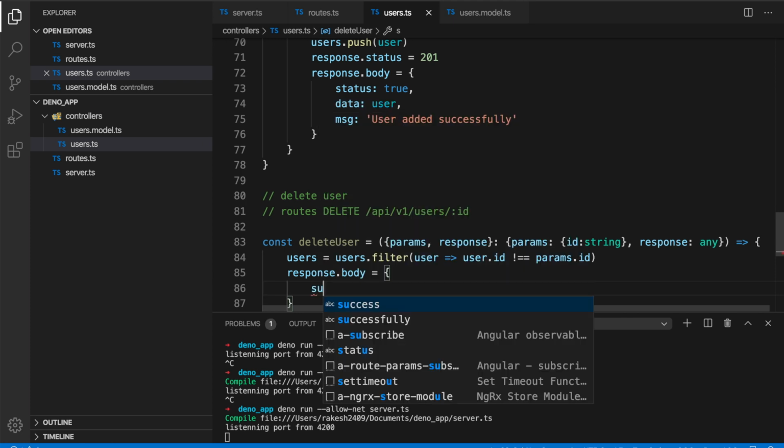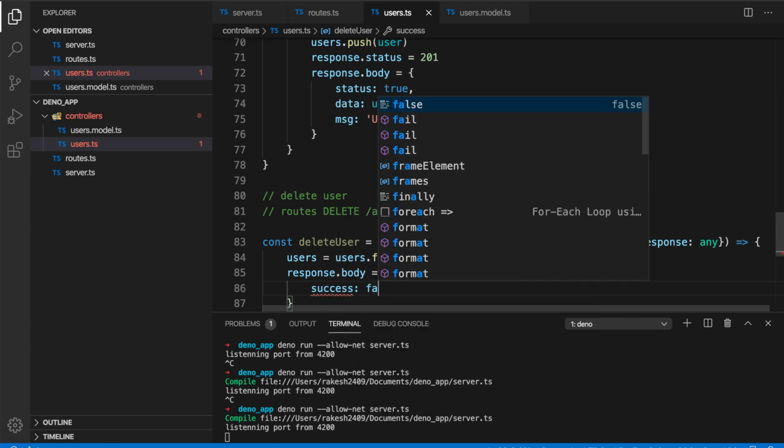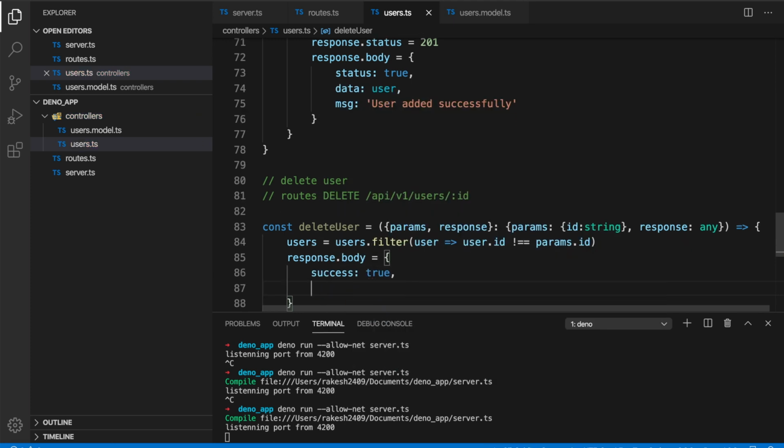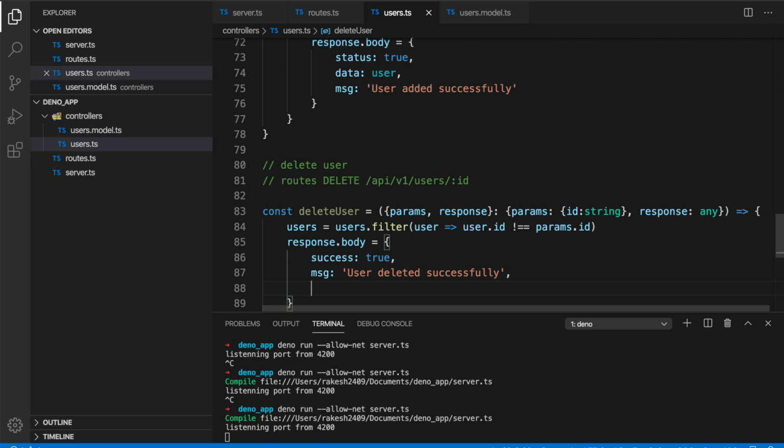So we say success true, message, basically user deleted successfully, and then we can return the user. Okay,